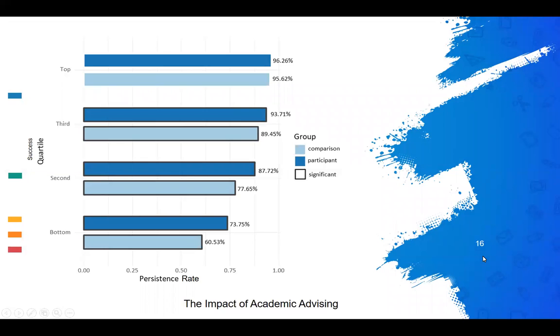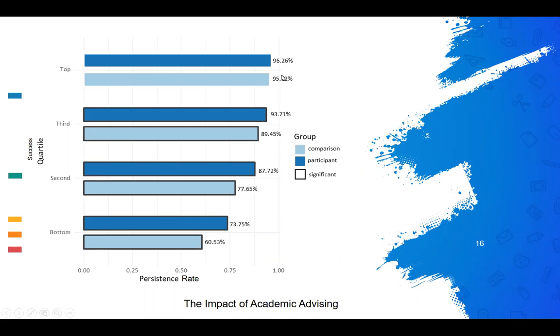Now, how does this play out in advising? And this is more evidence of how at-promise students have a great deal more elasticity than less academically vulnerable students. So these are success quartiles. We have the top success quartiles, and the navy blue bars are students who participate in advising. And the light blue bars are students who don't participate in advising in a given semester. What you see is their actual persistence rate in the following term. For these top performing students, advising is making a less than 1% non-significant difference in their persistence towards their goals.